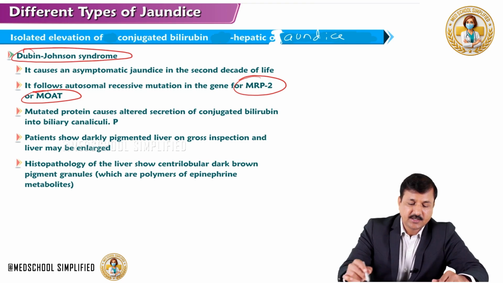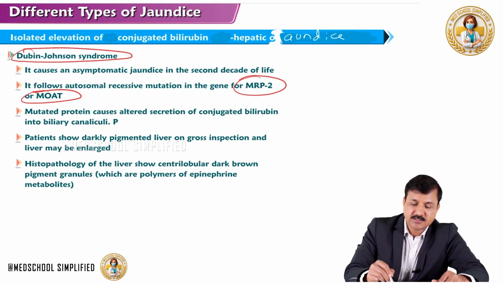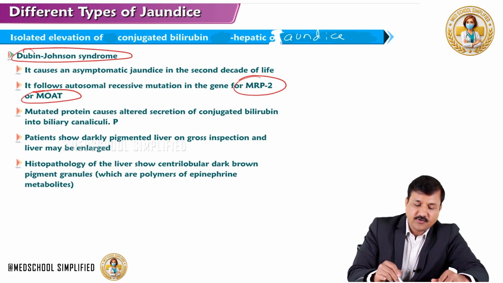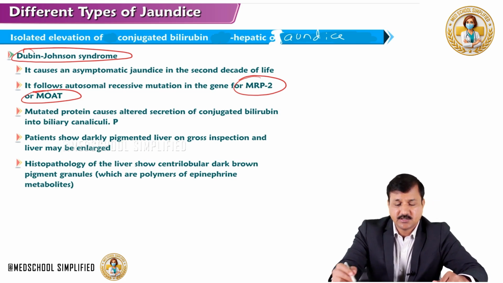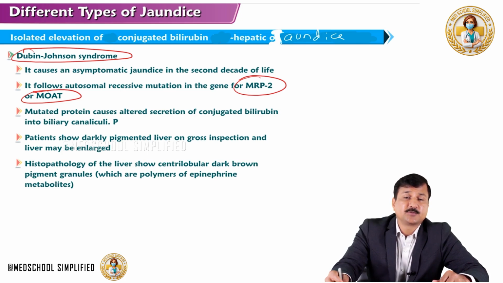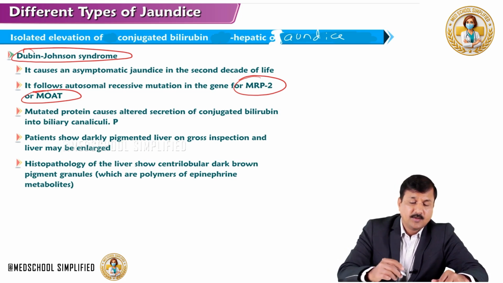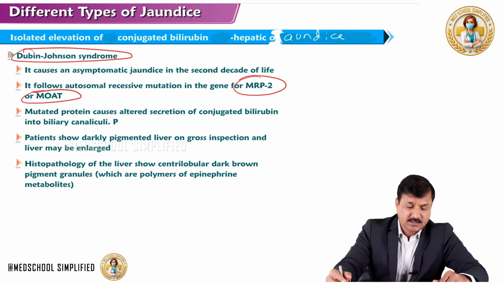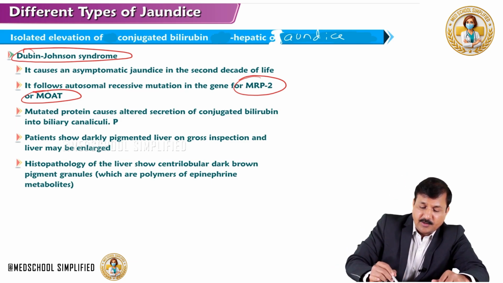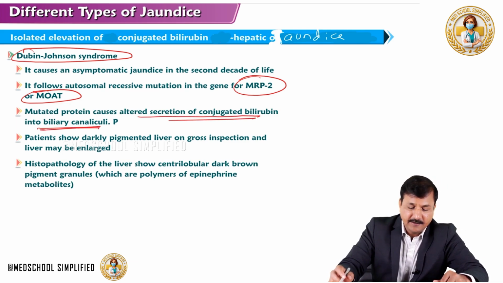It causes an asymptomatic jaundice in the second decade of life. It follows autosomal recessive mutation in MRP2 or MOAT transporter, that is multi-drug resistance protein like 2 or multi-specific organic anion transporter. So the mutated protein here causes altered secretion of conjugated bilirubin into biliary canaliculi,